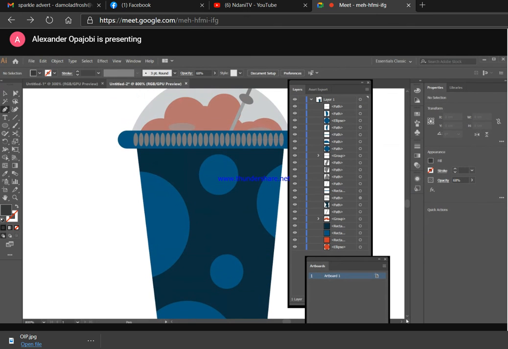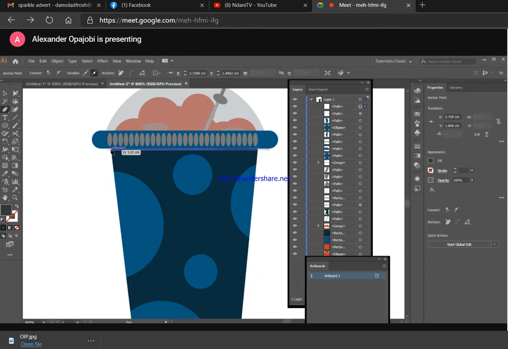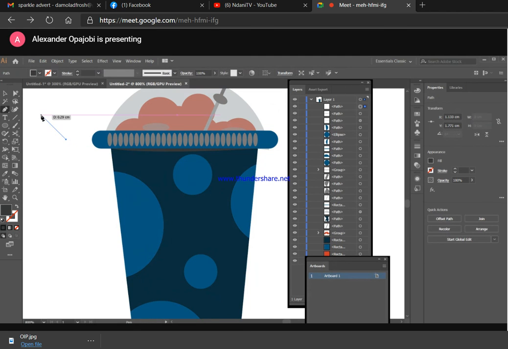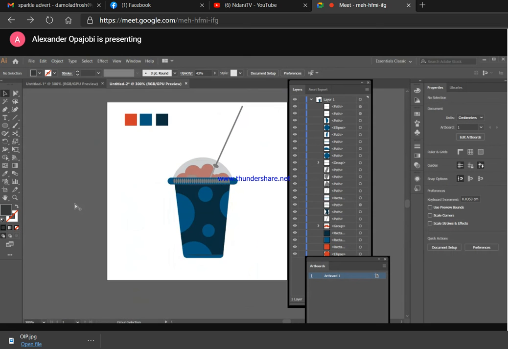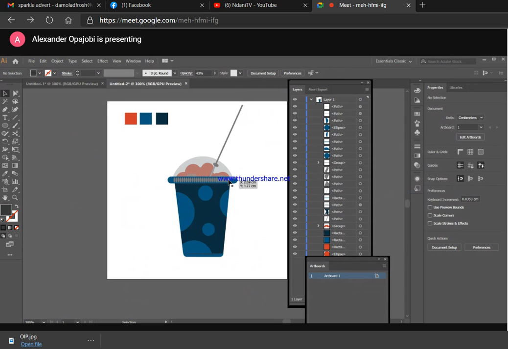It's 3 o'clock already. So we have just something protruding. Can reduce the opacity of this as well. So now we have our smoothie cup. So I hope you guys have been